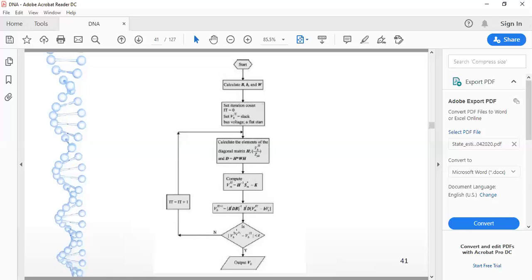Once again, after the first iteration and second iteration, if we take the subtraction of these two, we have to ensure that it is less than 10 raised to minus 4, which is our tolerance limit. If it is not, then we have to carry out one more calculation, that is iteration count 3, and iteration count 3 will most probably obey this condition of tolerance limit, and then the results will be printed.